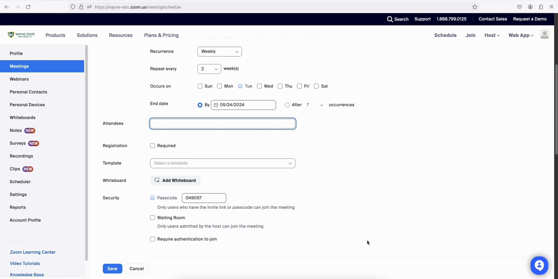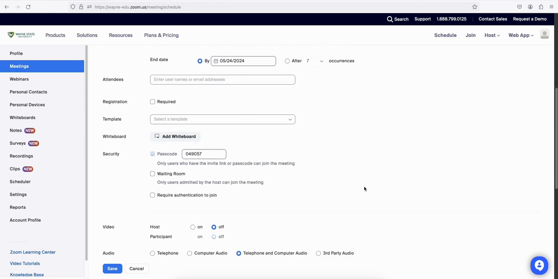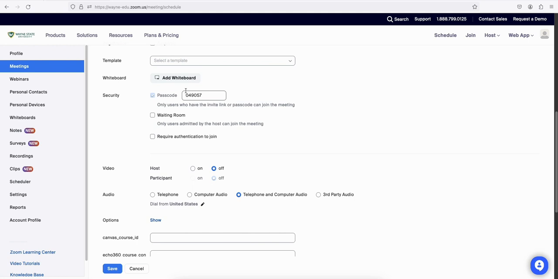Scheduling a meeting that requires registration will allow you to have your participants register with their email, name, or other questions. So if I click on required, since I made this a reoccurring meeting, they only need to register once, and that allows them to attend any of the occurrences. Under template, if I click the drop down arrow, but for this example, I'm not going to require any type of registration. Scrolling down for further details on this meeting, I could add a whiteboard, but I can certainly do